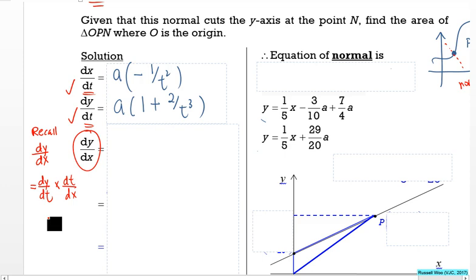So dy/dx is a(1 + 2/t³) times, if you write this, it's actually 1 over this, right? Correct? It's 1 over this. So you get 1 over minus a divided by t squared, which is